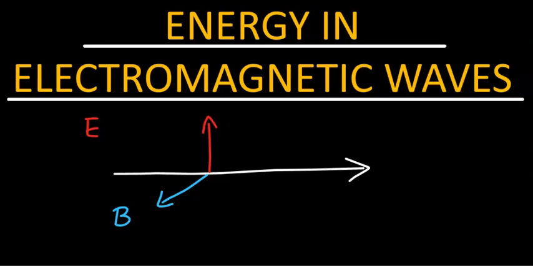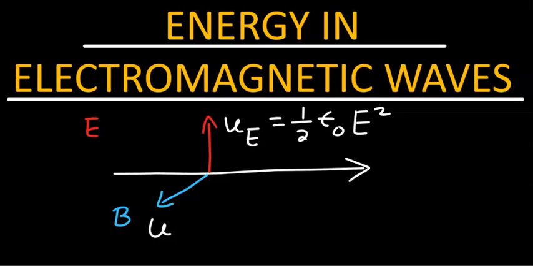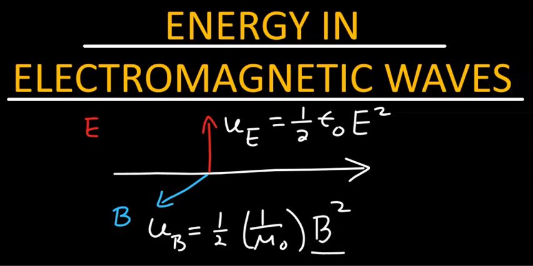Instead of talking about energy itself, it's more convenient to introduce the concept of energy density. So the energy density associated with the electric field is given by half times epsilon naught, which is permittivity of vacuum, assuming that this wave is propagating in vacuum, times the square of the magnitude of the electric field. Likewise, there is an energy density associated with the magnetic field, and it is given by the following expression: half times 1 over mu naught, where mu naught is the permeability of vacuum, times the square of the magnitude of the